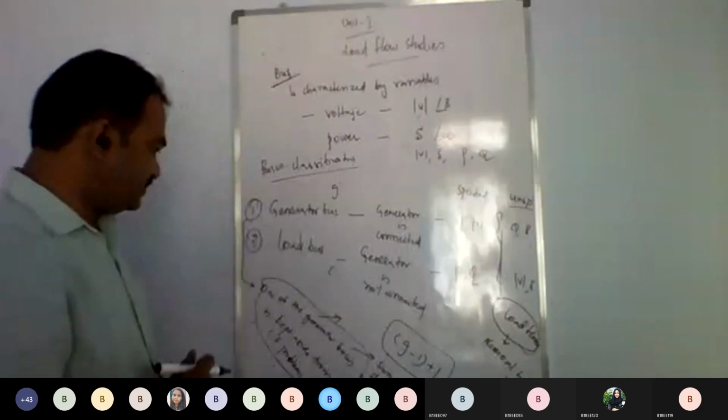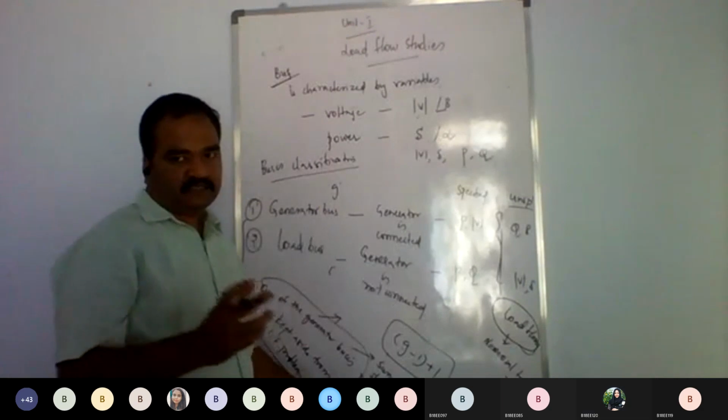One final point. So slack bus. So what is a slack bus? One of the generator buses is kept aside, and it is assumed that this slack bus is responsible for providing the losses in the power. It is just an assumption. This slack bus or the swing bus provides the losses of your power.